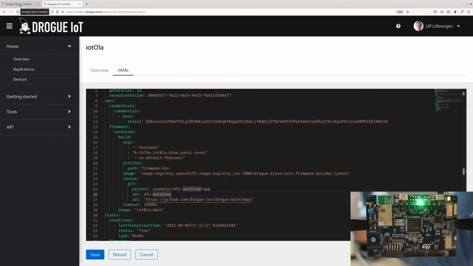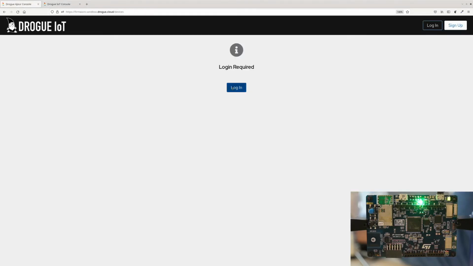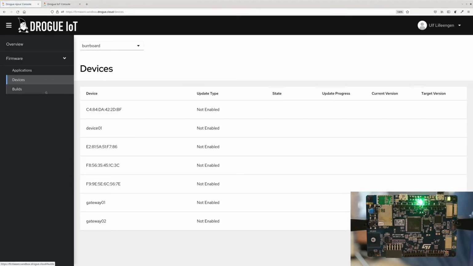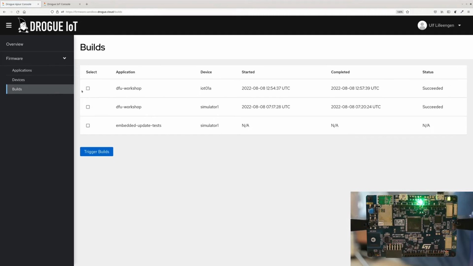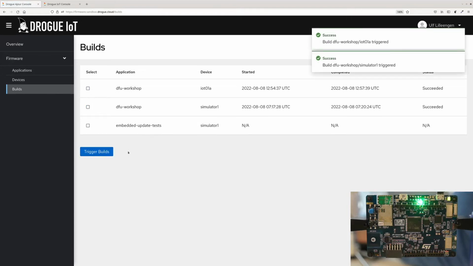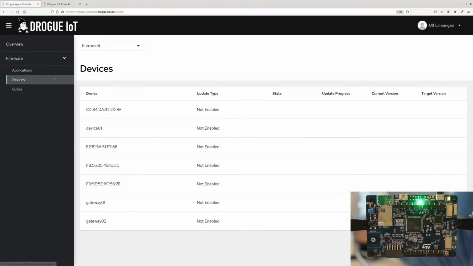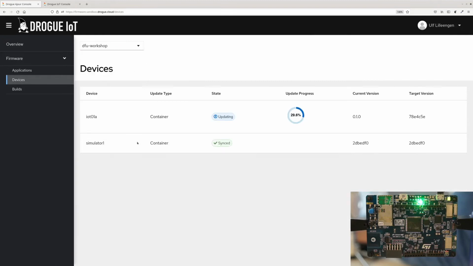We also have the Drogue Ajour console, where we can look at our builds. We can trigger builds like this, and we can also look at our existing devices. We already have this device running the firmware update process. I started it a bit early because it takes a while, and then